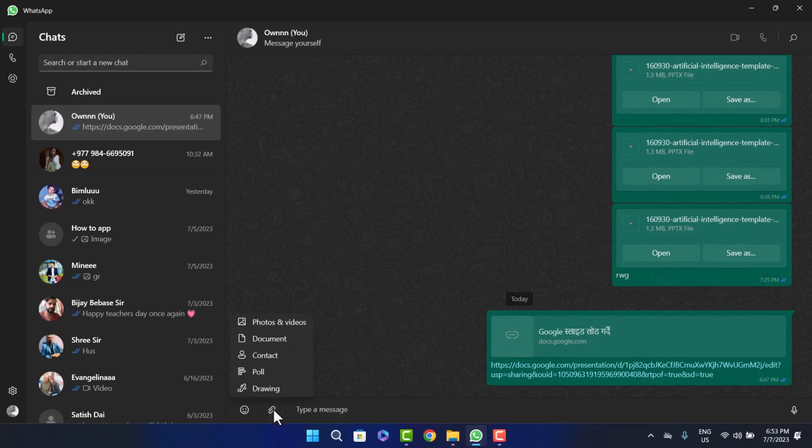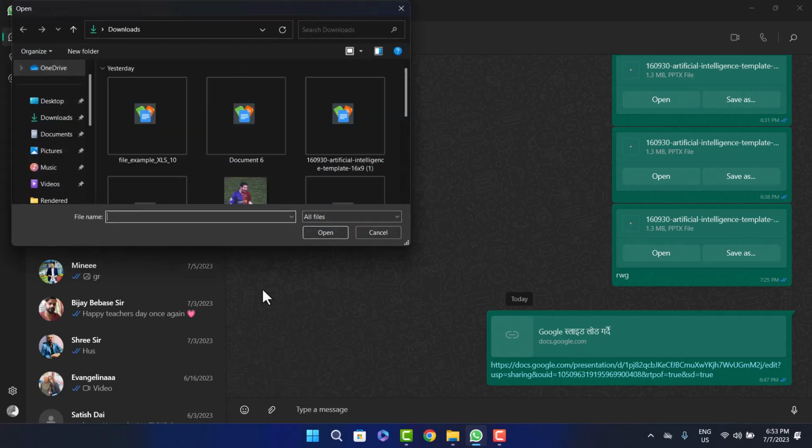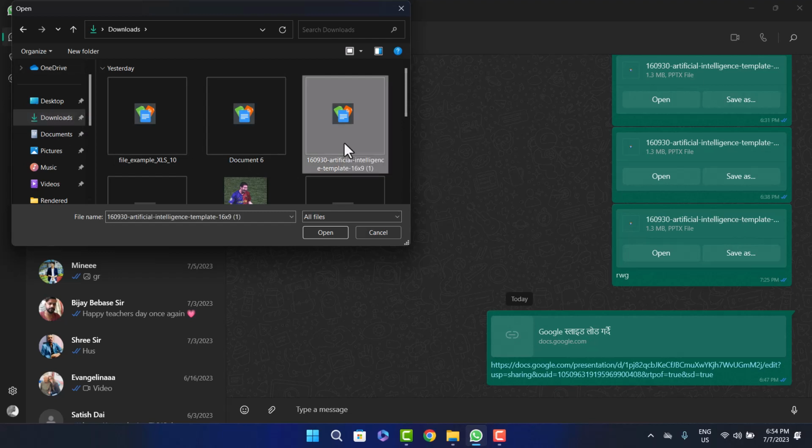Simply click on this icon here and you'll have to select the document option. You can see, simply click on document option, and here now browse through your laptop. Now browse into the folder where you have downloaded the file. In my case it's on the downloads here, and if I head into downloads you can see the sample file that I just downloaded. Simply click on the file that you want to send and click on open, and it